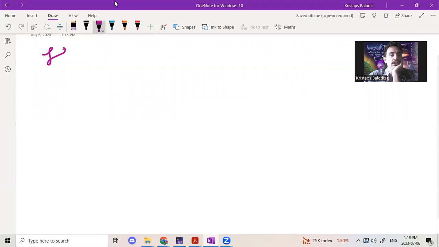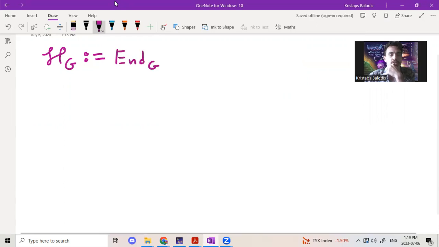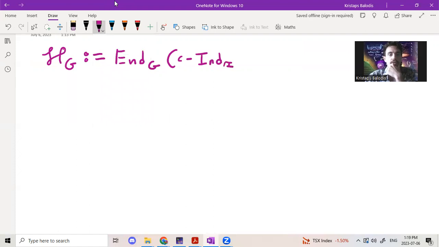So what Hellmann calls H sub G, right? He defines this to be the endomorphism algebra. So this is G representations. So we're going to take compact induction. Sorry, my computer is being really slow and bugging out right now, and that is making the drawing very annoying. So it's going to be compact induction from the Iwahori subgroup up to G of I. Yeah. And in this case, we get,